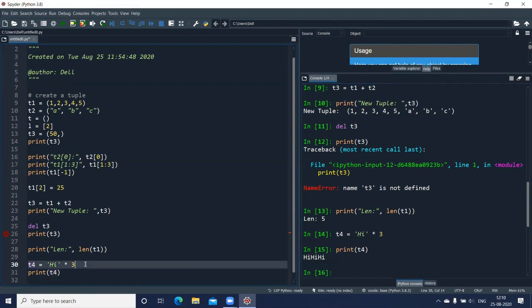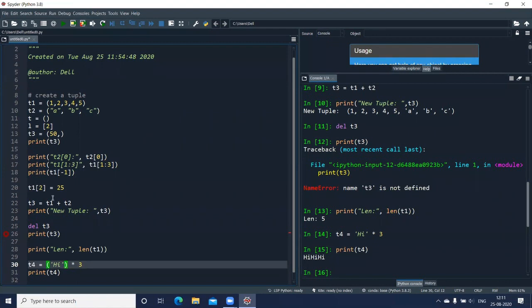But is it a tuple or is it a string? Anyone? Is it a tuple or is it a string? Remember, whenever I display a tuple, it has to be displayed in round brackets and not like this, which I've got here. This is not a tuple. This is a string. If it is a tuple, I need to include the round bracket. So can I put the round brackets and then do the multiplication?